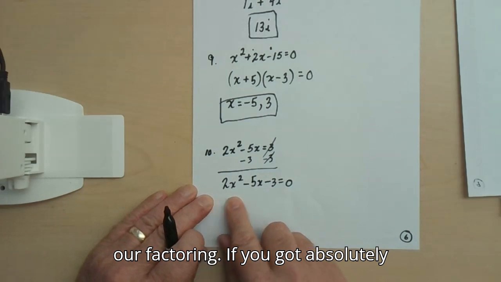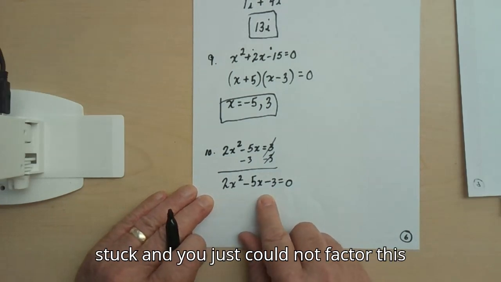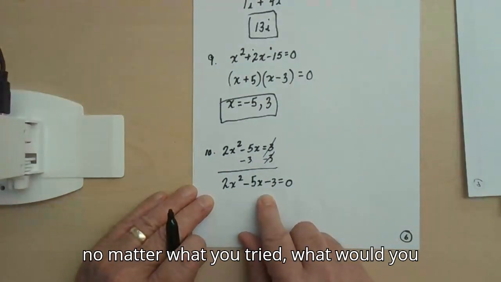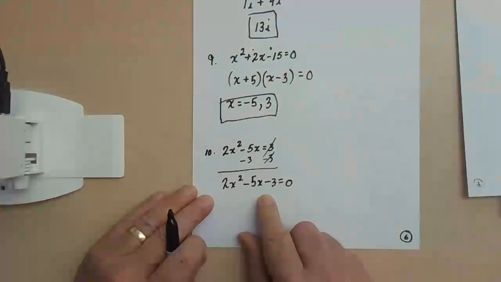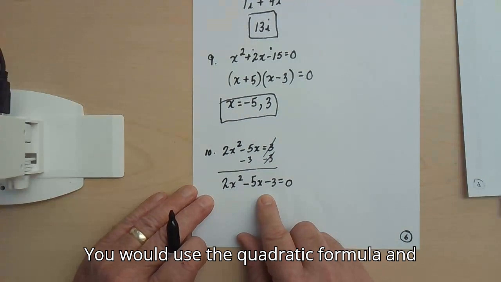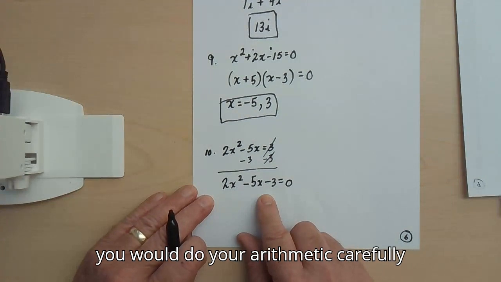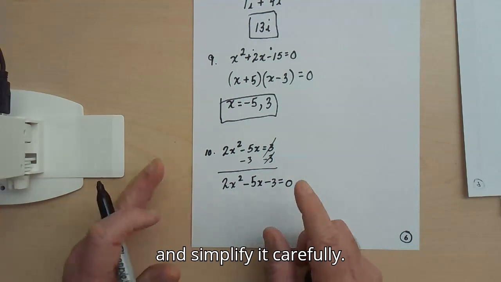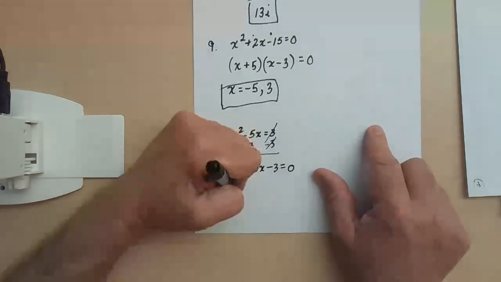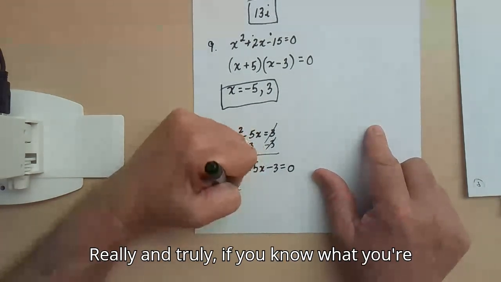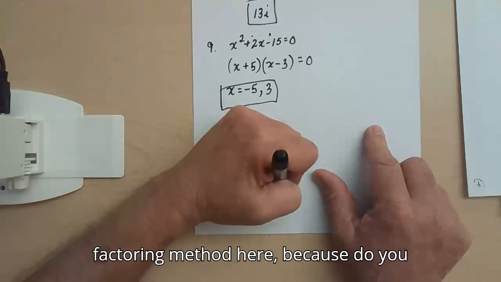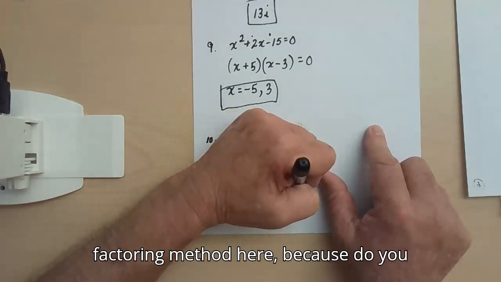If you got absolutely stuck and you just could not factor this no matter what you tried, what would you do instead? You would use the quadratic formula, and you would do your arithmetic carefully and simplify it carefully. Really and truly, if you know what you're doing, you probably don't need the factoring method here, because do you